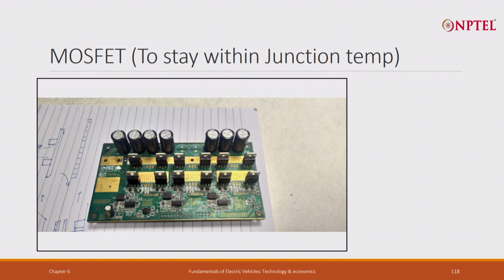And internal to the MOSFET, there is a parameter called RDS on, resistance from the drain to the source when the switch is on. That is the resistance which acts when current is flowing, and that resistance contributes to heating up, and that heat can be very intense because the MOSFET itself is just 1 square centimeter, very small